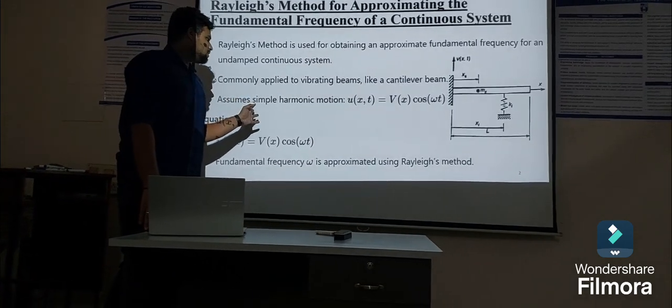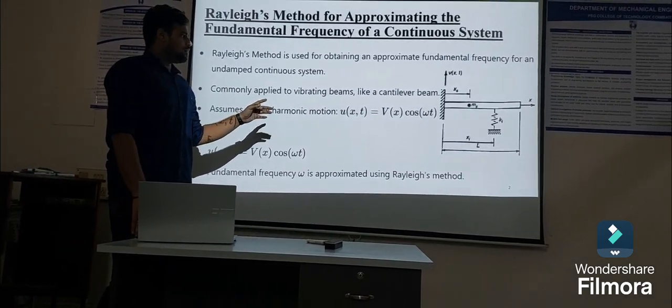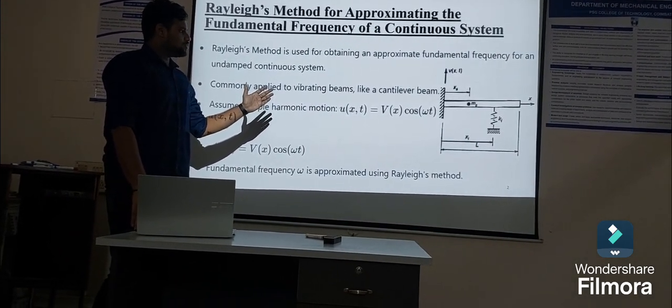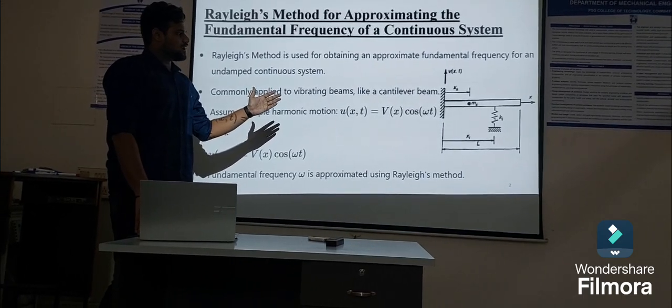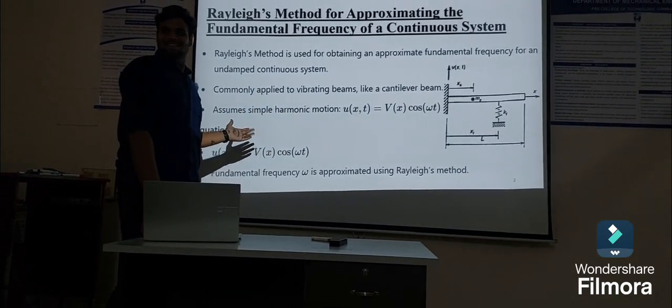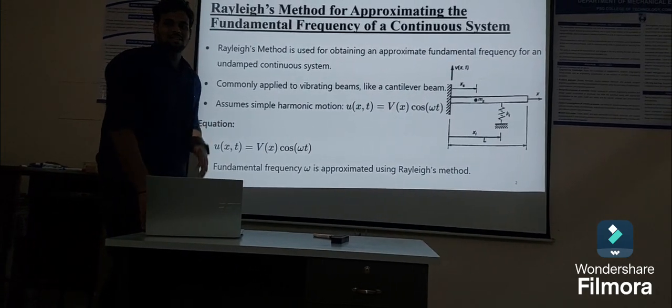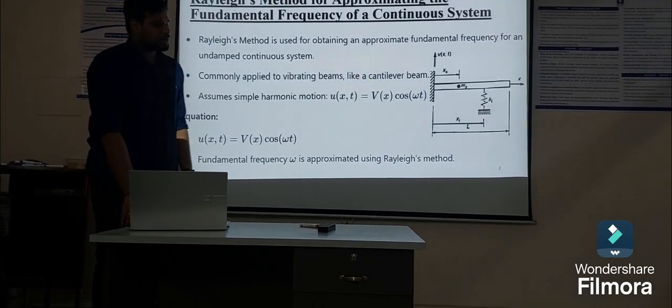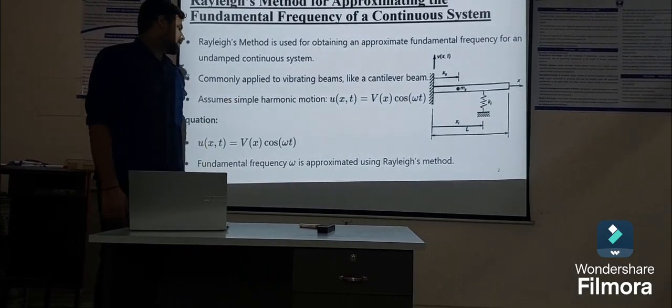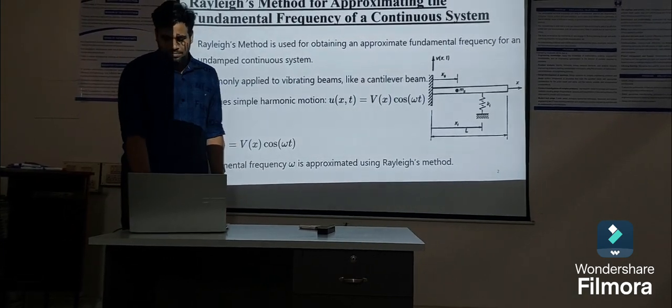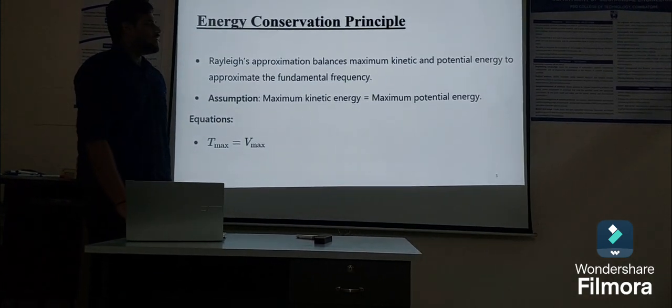Let's assume simple harmonic motion U is equal to V of x cos omega t. First, fundamental frequency omega is approximated using Rayleigh's method. In Rayleigh's method,